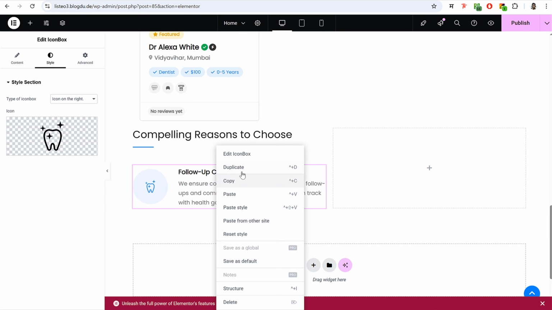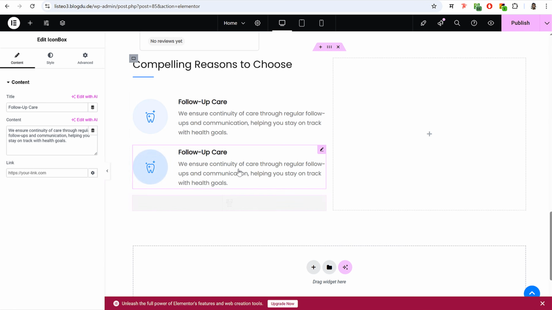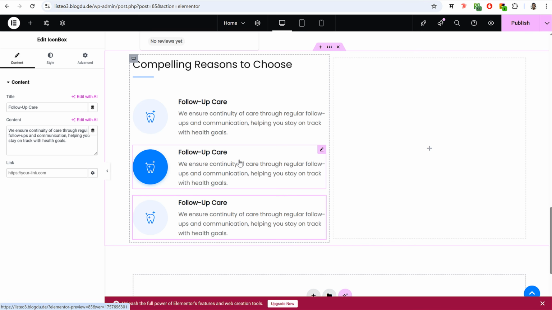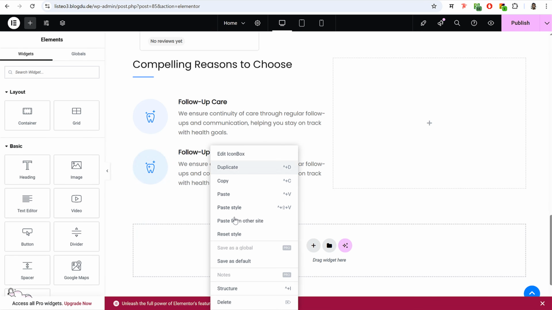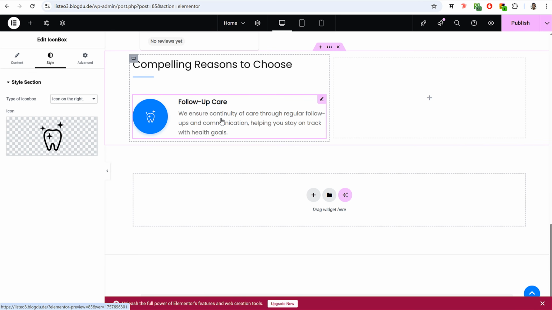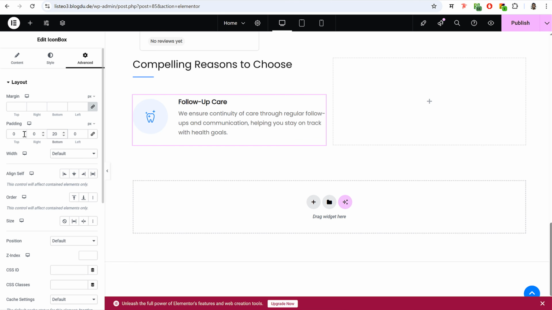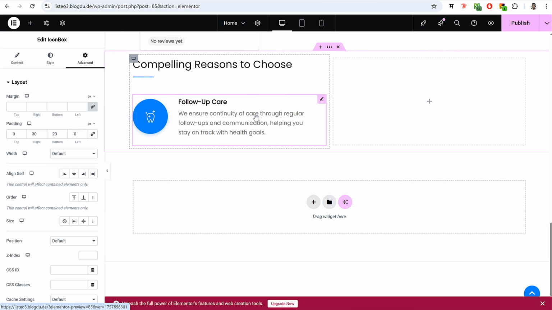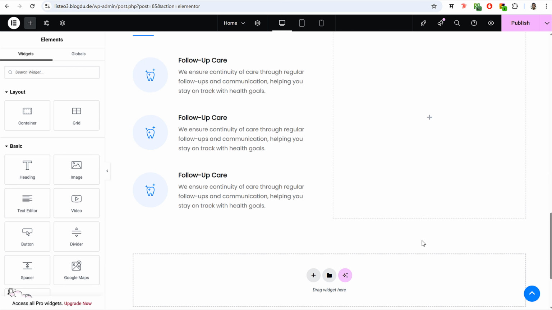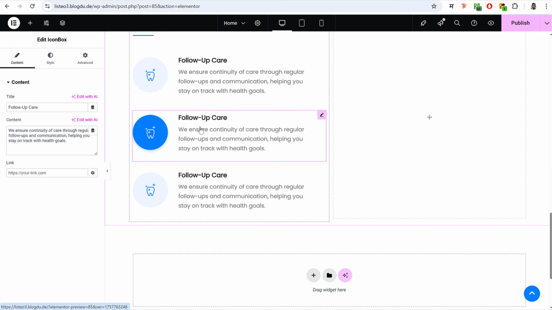Now you can right click, duplicate multiple times. Okay, in fact before we duplicate it, let's add some spacing in between. So select this option and let's select some spacing at bottom. I'll select padding bottom 20, and maybe at right hand side we'll add 30 pixels. All right, now we can duplicate it,